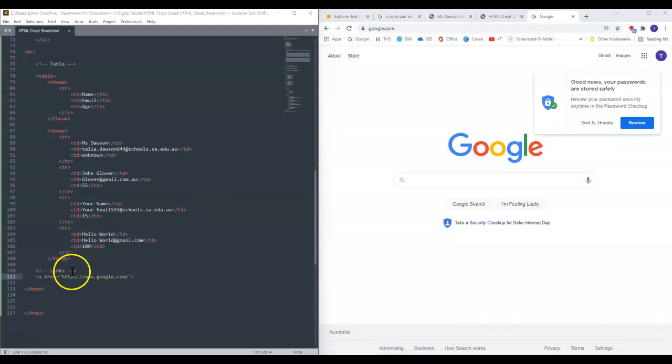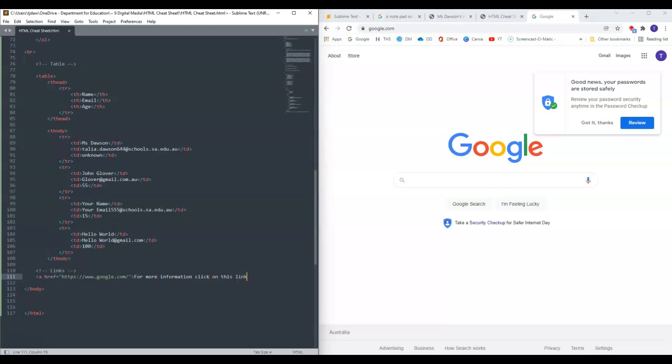Then after our tag and after our attribute, so this A here is the tag, and then this here is what we're going to call an attribute, which is the information after it that tells it that we want to include a website tag. Then what we are going to do is write in the wording that we are going to click on. So I might say, for more information,